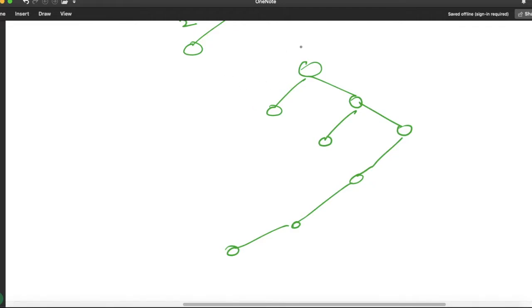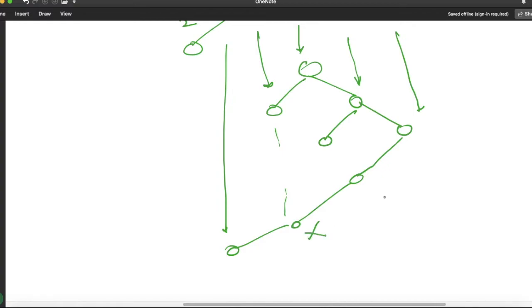When we see this tree from the top, we will be able to see this node as well. This node won't be visible, it will go inside this one. We will be able to see this node and this node. These two nodes will be hidden.